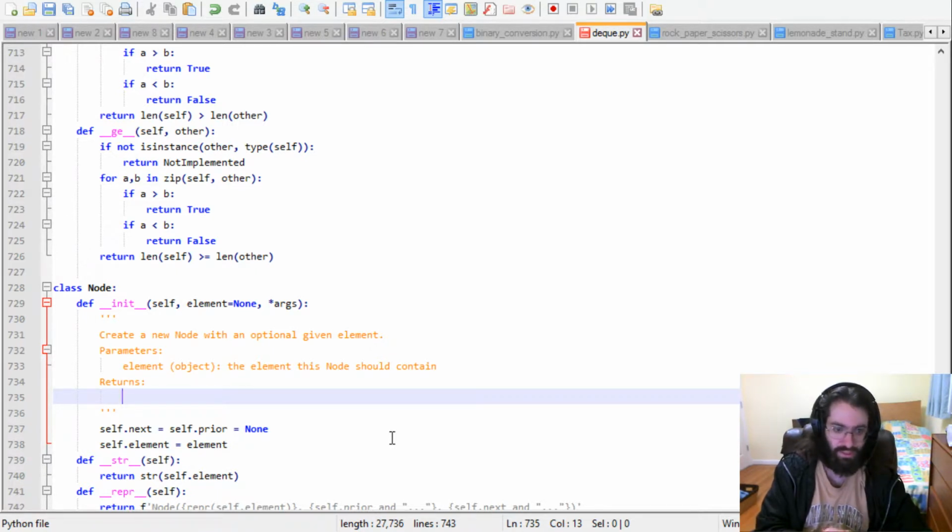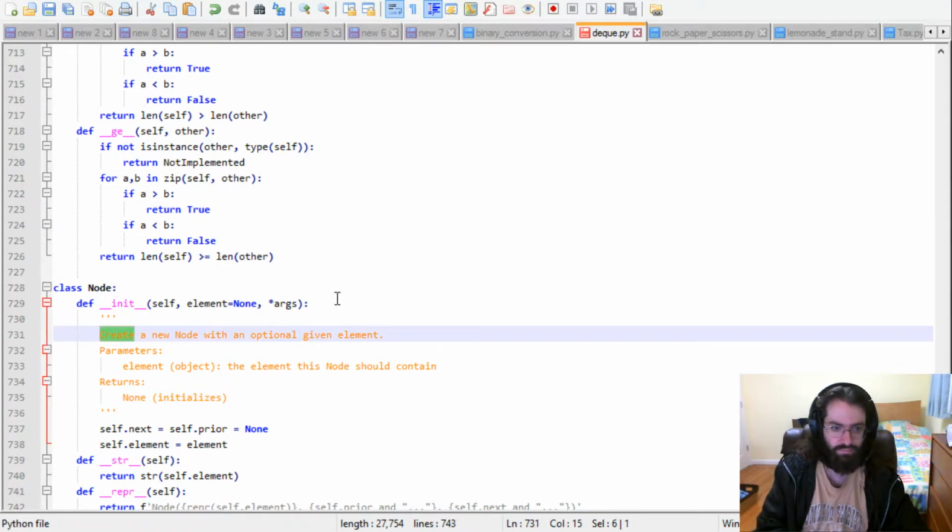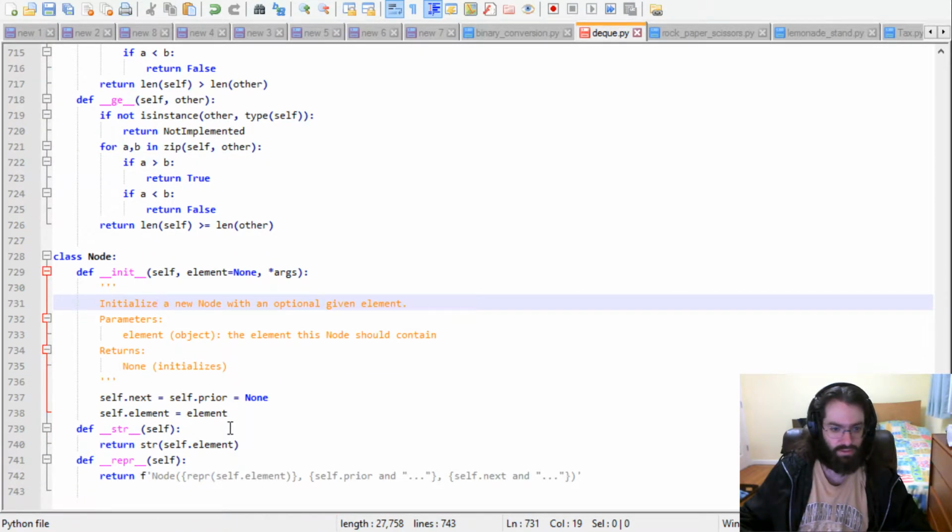If anything, technically this method does not have any return. None. It creates the object, initializes. It really does initialize, because it's already created, but we're just setting some basic stuff. Okay,